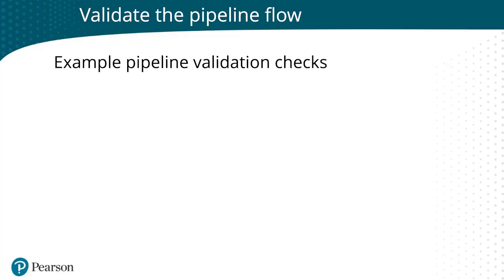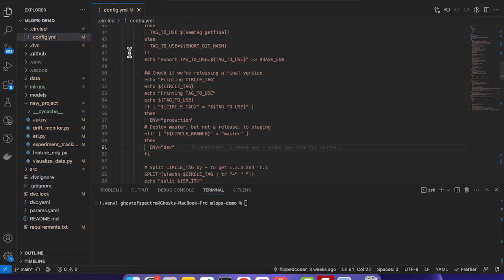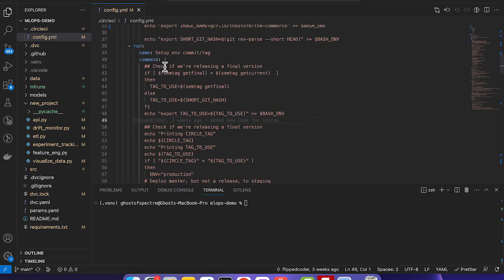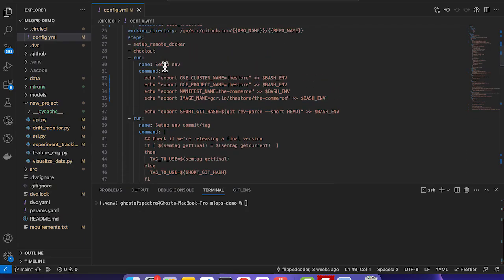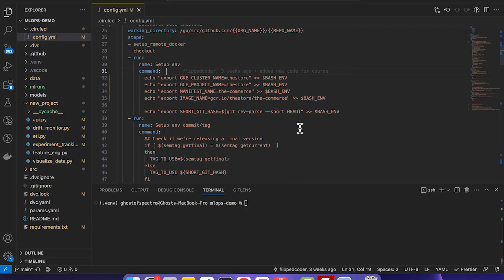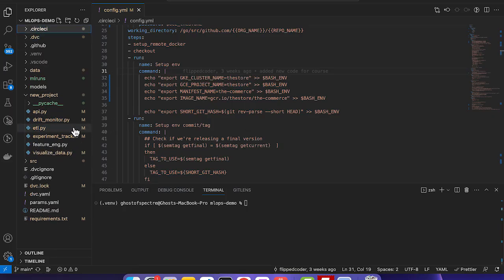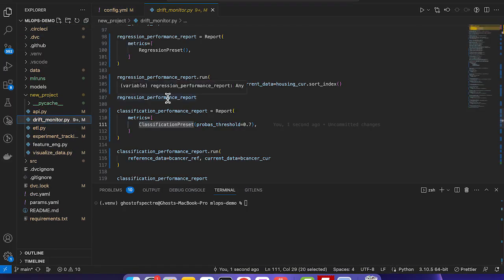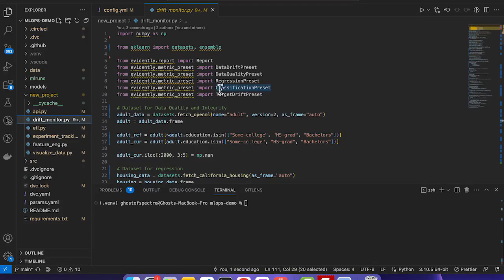So we're going to quickly look in VS Code for some of the things that you can check. One of the things you can check is, again, make sure your environment variables are pointing to the right location based on the environment you're deploying to. When it comes to monitoring for drift, make sure you're at least checking for some kind of target drift and data drift.